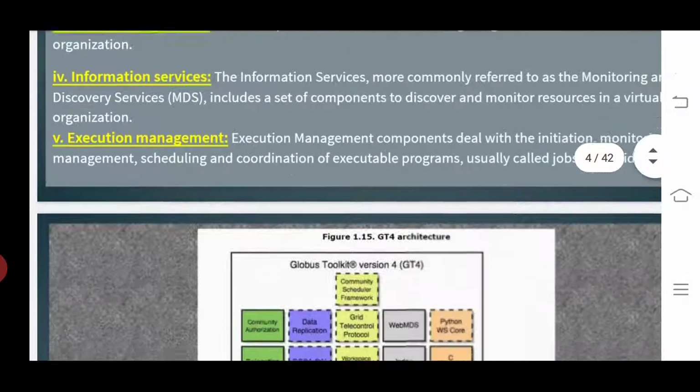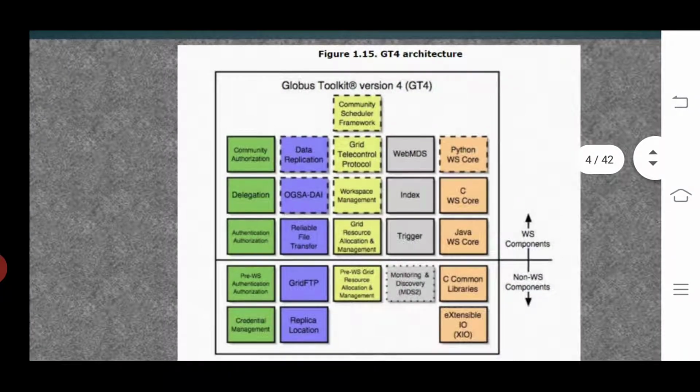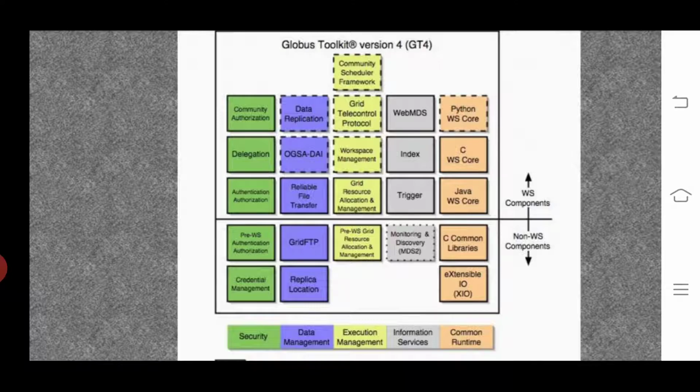Now we can see the Globus toolkit architecture. Look at this diagram. The figure illustrates the Globus toolkit architecture, which is Globus toolkit version 4.